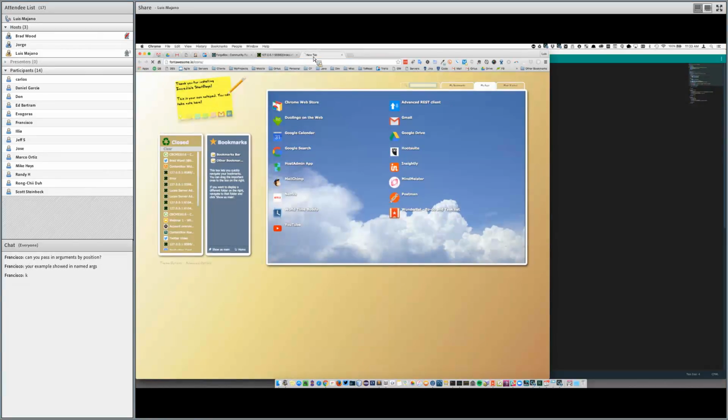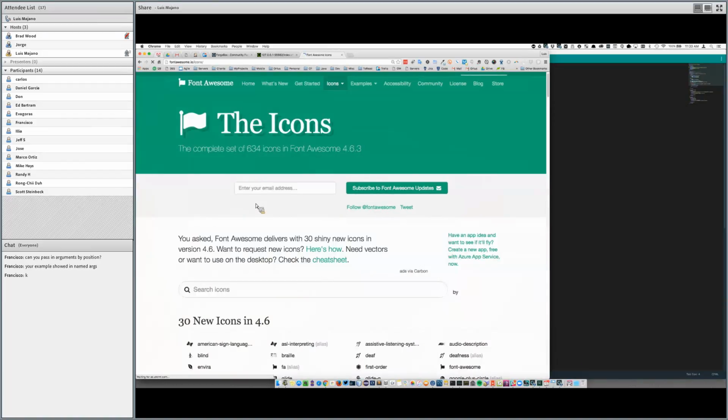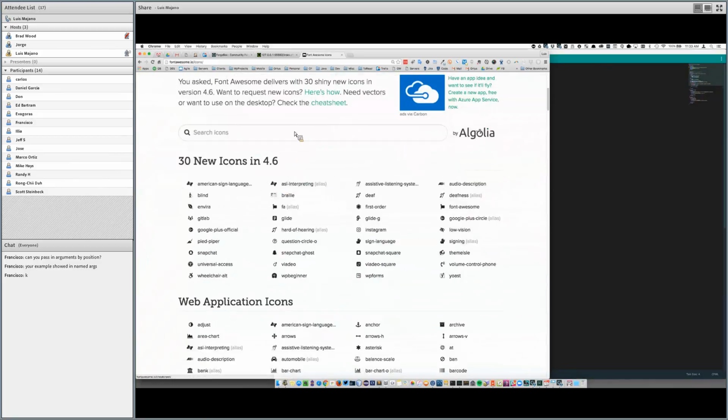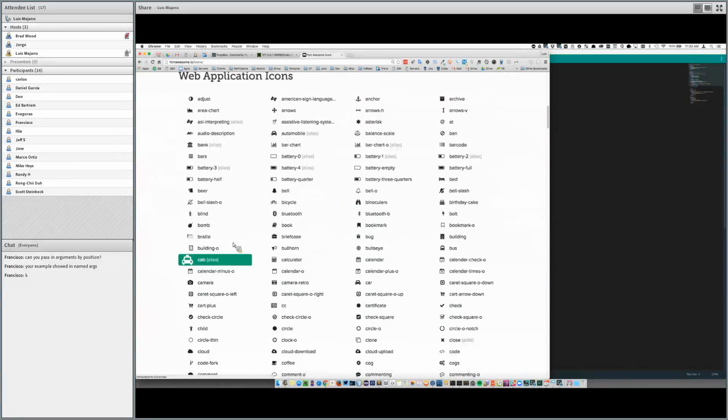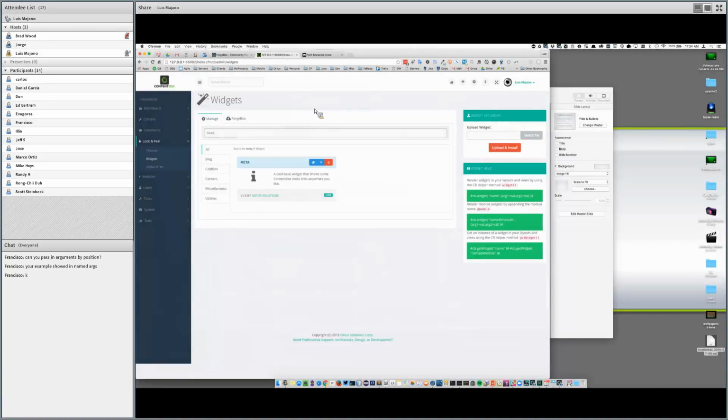Okay? If we want to check this out inside of ContentBox, let me go into the administrator. Here's my administrator, and I'm going to go to widgets. And I'm going to look for the meta widget. Okay, so here's the meta widget.